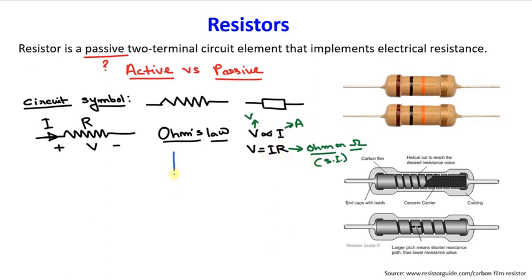If you would like to plot the IV characteristics of a resistor, suppose this Y axis is I and the X axis is V, then how does it look like? And this is 0. So basically it will be a straight line in this quadrant. What will be in the other quadrant? It will also be a straight line, right? And what about the slope? The slope of this straight line would be equal to what? 1 by R.